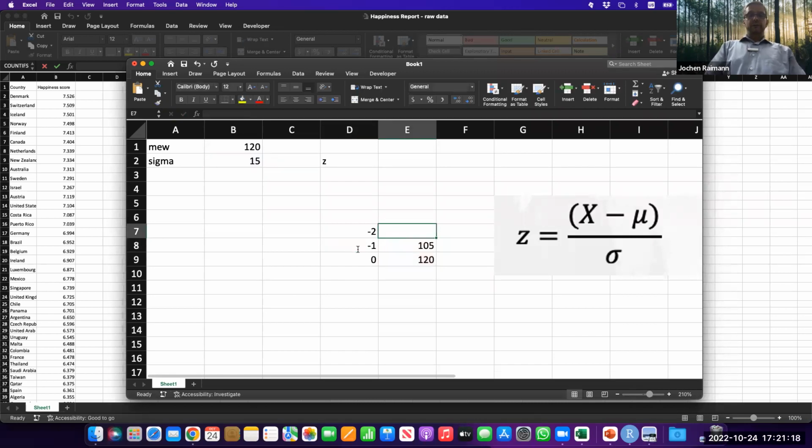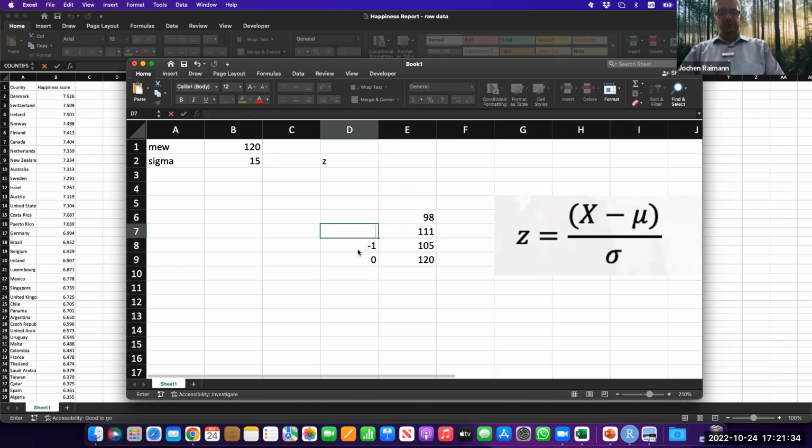So if we are continuing this formula and we're using a couple of different values now, we're saying, let's do 111. Let's do 98. Why are you using these numbers? Arbitrary numbers. And you're using the same formula? It's the very same formula, and you can calculate it the exact same way. You just drag it. So it's the same formula. So you get them from -0.6 minus 1.5 for 98 and